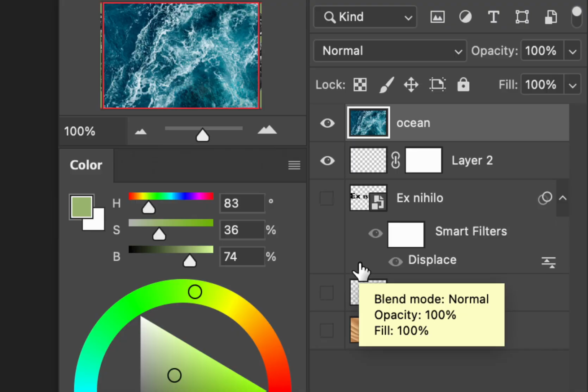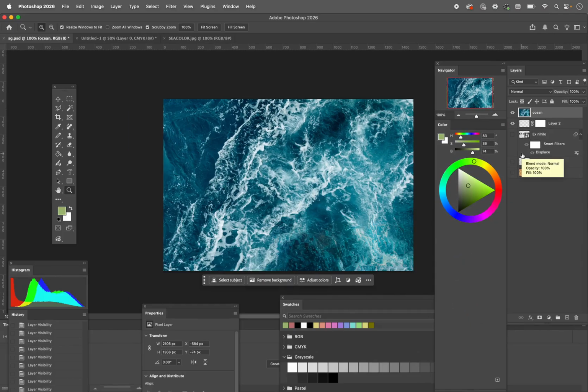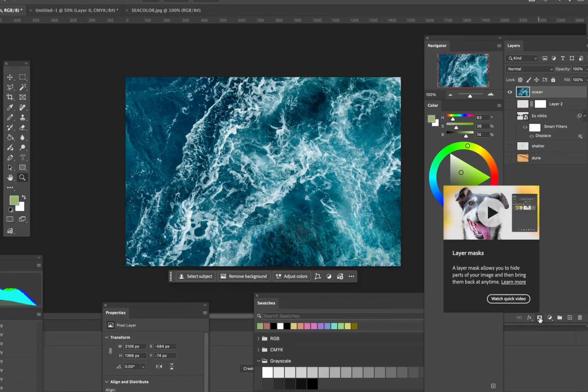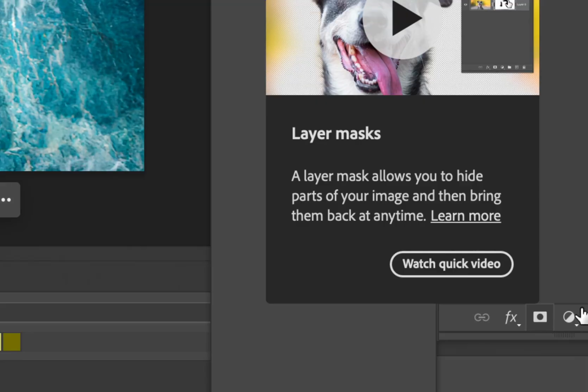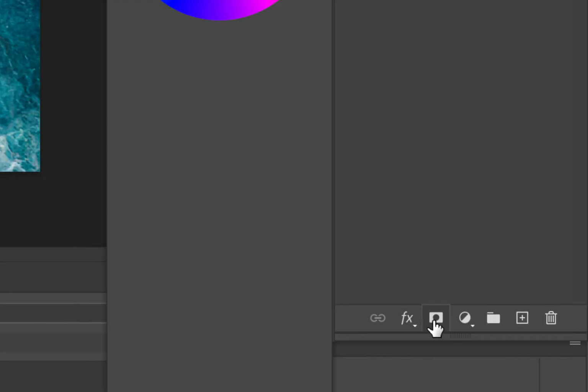Okay, so. And I don't know what I did here. I'm going to hide this one too. This was another. I don't think this needs to exist. Anyway, this layer too. Okay, so now I have this layer with the ocean. I'm on that layer. I'm going to choose the mask layer, which is this tiny button. You've seen this before. You do this with your standard mask. So you press this,